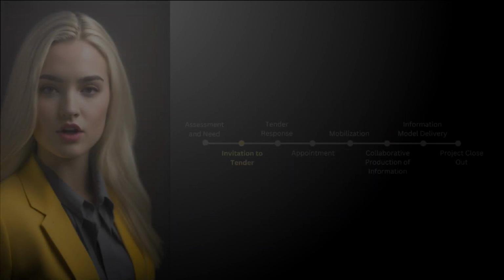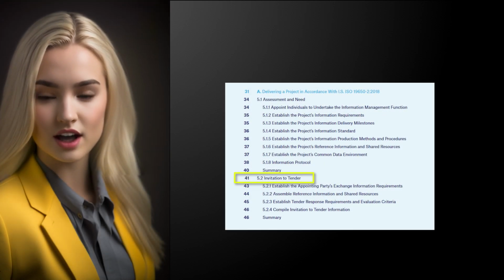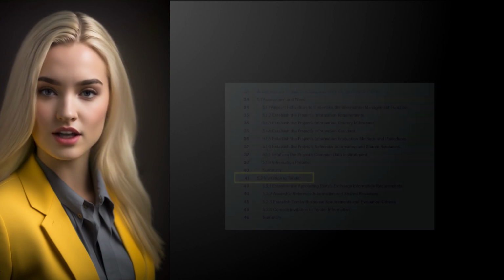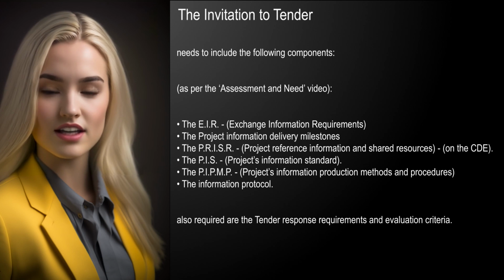An invitation to tender can happen at numerous points throughout a project. It is almost an ongoing process right up to handover. The invitation to tender needs to include the following components, as mentioned in the assessment and need video: the EIR,